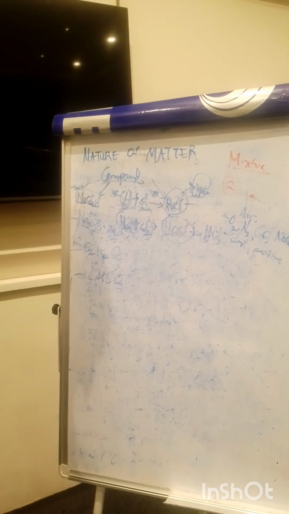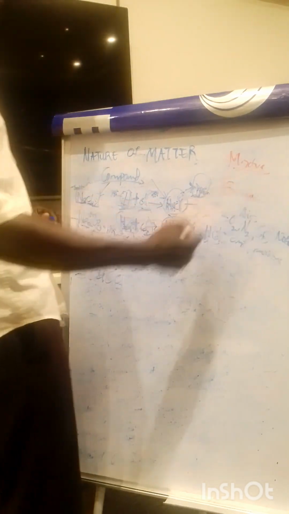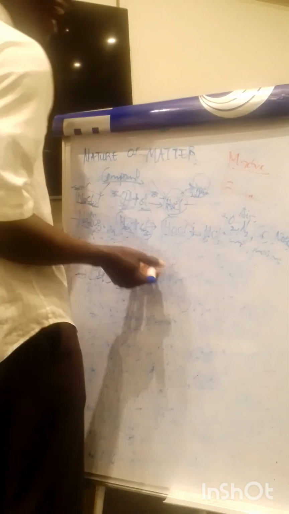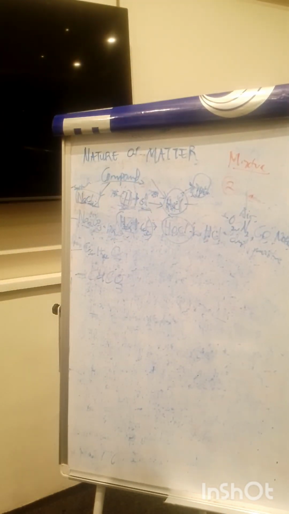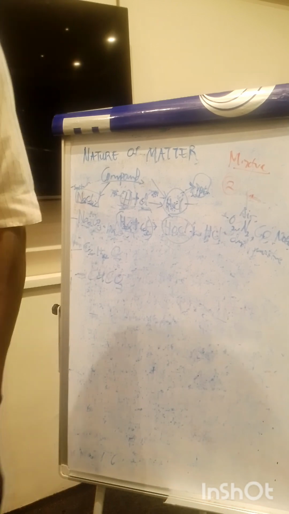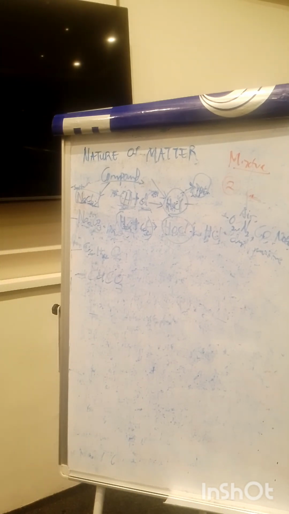That's why we define a mixture as that substance that contains two or more constituents that can be separated by physical methods. When we get to separation techniques, you'll be able to understand what we mean by can be separated by physical methods very well, because we'll be applying it under separation techniques. Alright, so now let's look at a few examples of a mixture.